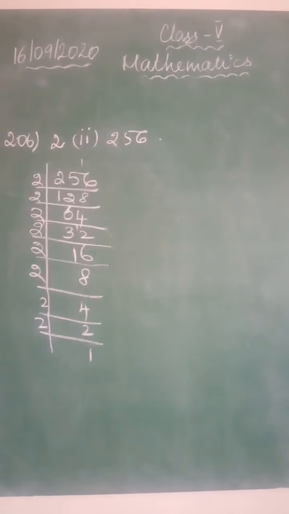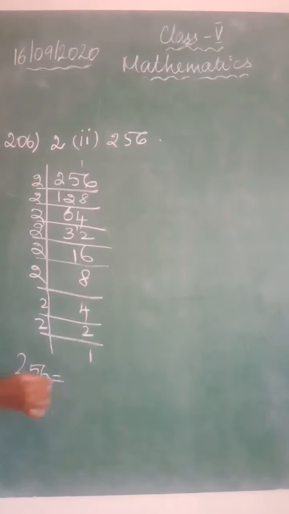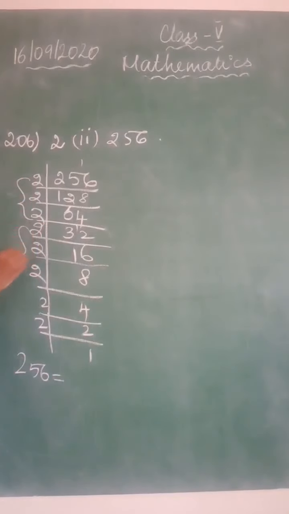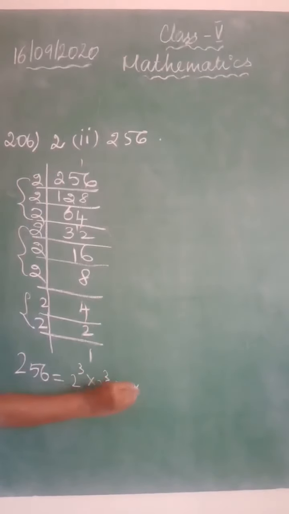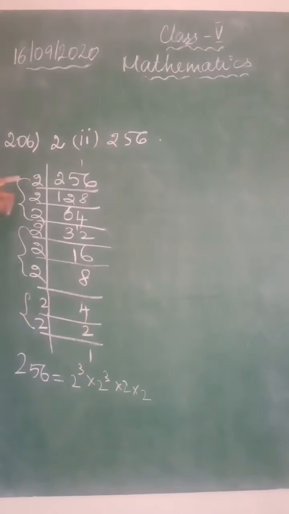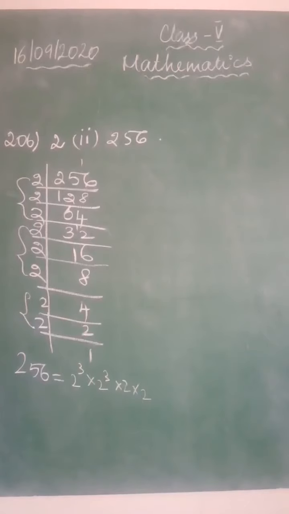So you will have 256 is equal to, so how many 2's are here totally? 2 cube into 2 cube into 2 into 2. So actually you have only 2 groups of 3. Yes or no? There are 2 groups of 3 here, and here one number is not there. So you have to multiply it with 2. Only then you will get